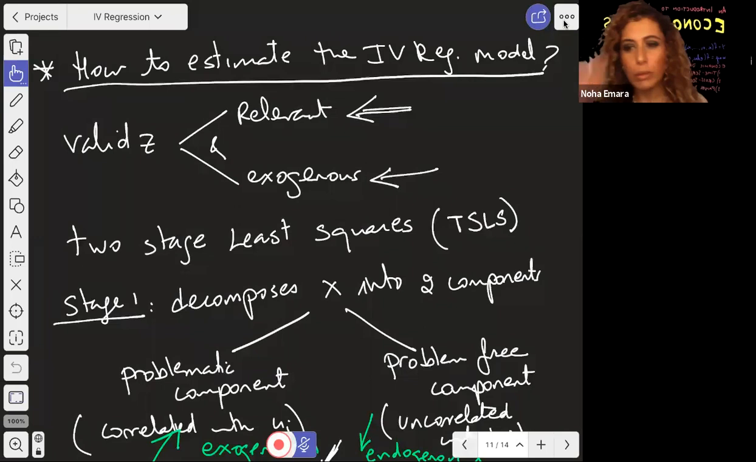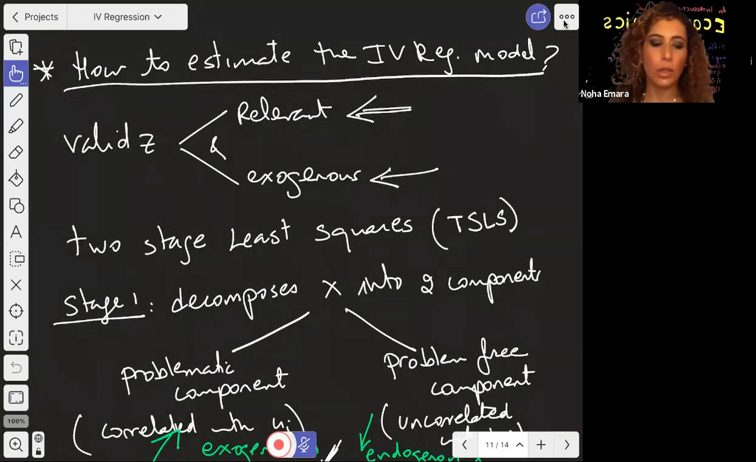Okay, hello everyone. So let's start our lecture today. I'm going to continue the IV regression, and I'm going to give you some examples. We're going to talk about the IV assumptions, and we're going to discuss how to estimate the model,